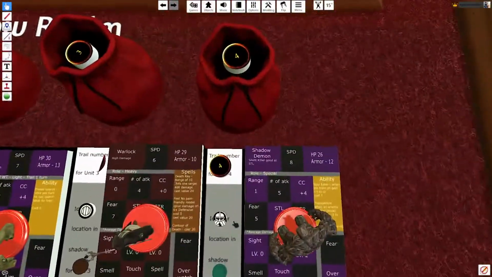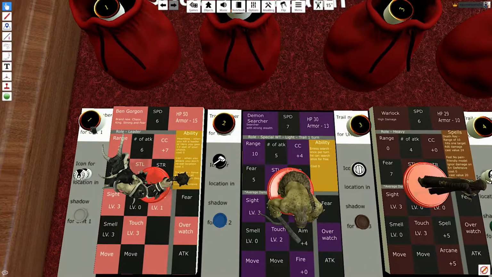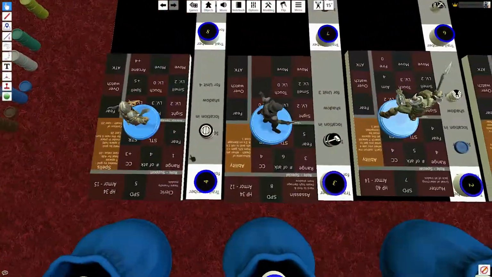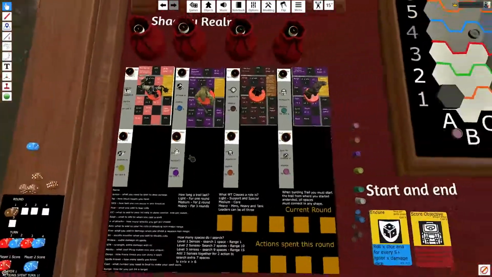Next you want to make sure you keep track of who is who. So Ben here is going to be trail number 1, and so on and so forth, right? You can see here the blue player has the same thing going on. So next what we're going to do is